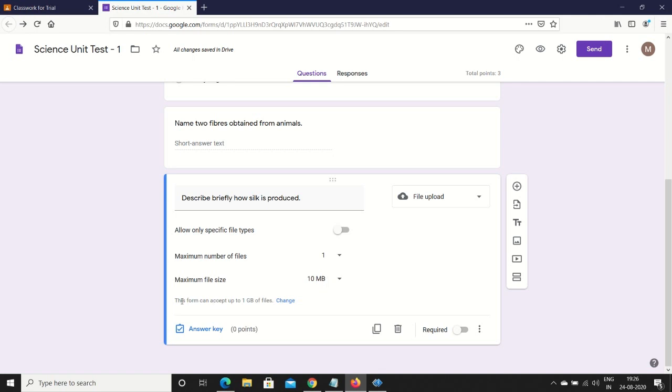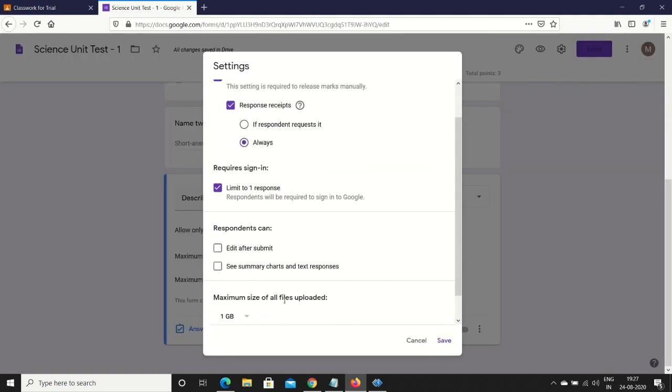Now, this form can accept up to 1 GB of files. Currently it's mentioned here. So if you have fewer than 50 students appearing for the paper, then 1 GB is more than enough. But if you have lots of students, suppose the number is expected to go closer to 100 or even beyond, then it's better you increase the limit here.